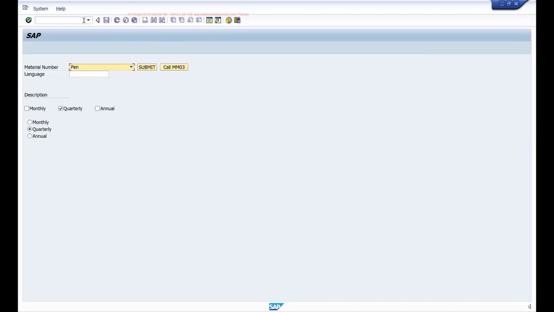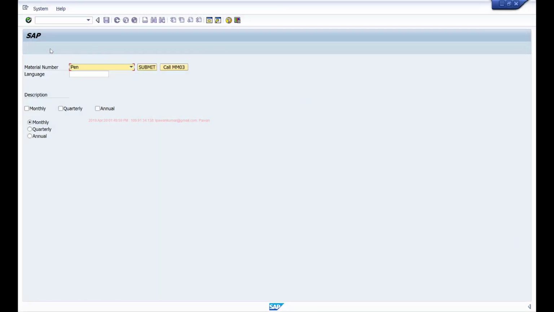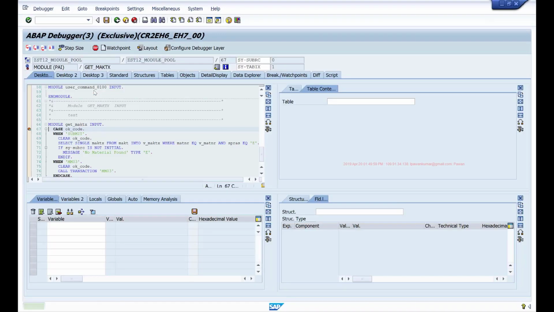And if you see this, the moment I select this now, you'll notice it is triggering PAI, calling my code, and it should display the description. It's not displaying the description because I still restricted the code to check for the submit action, but it is triggering PAI. So the moment I select the drop down, it is triggering the PAI.